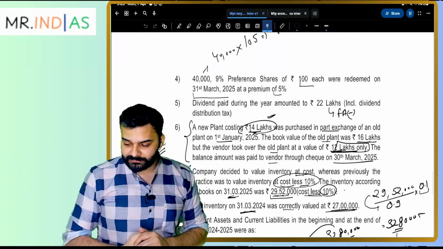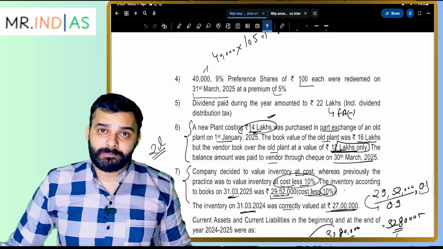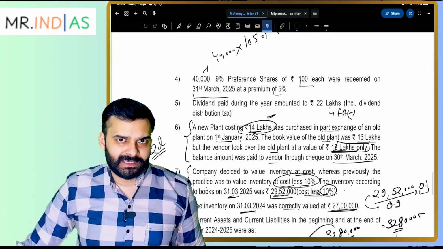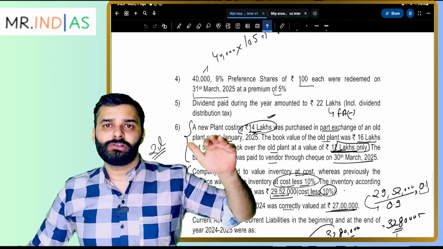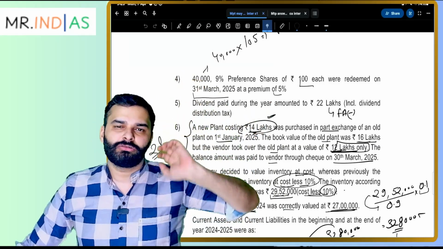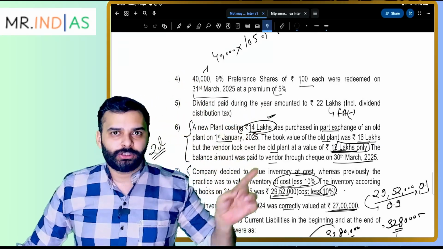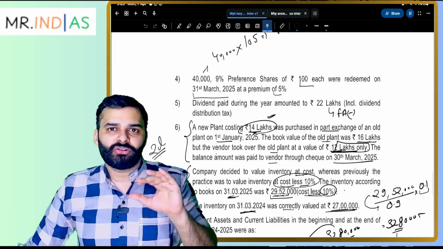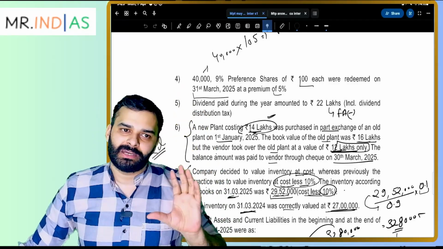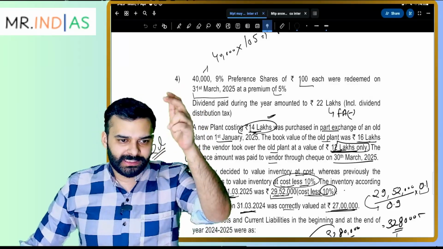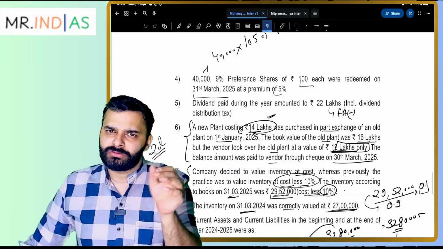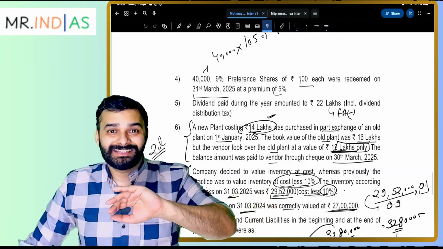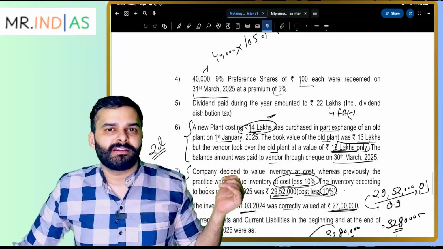Many students ask that the loss on the exchange would be debited to the profit and loss account, or let's say gain. So why don't we treat that gain or loss in the PBT that we created in the operating activity? The answer is A to E. That gain or loss is not listed in A to E, and you have provided only A to E points to be adjusted in 60 lakhs. So that is why we are not going to adjust the gain or loss associated with that treatment.